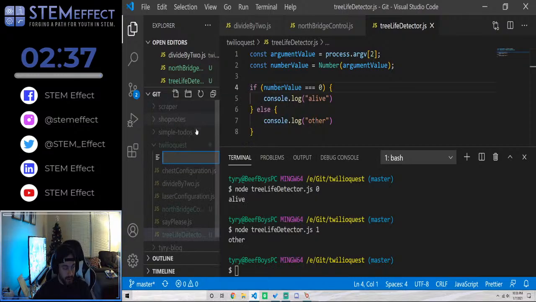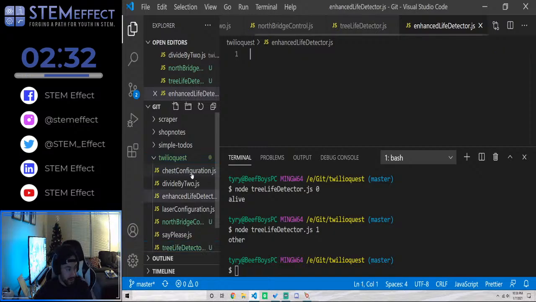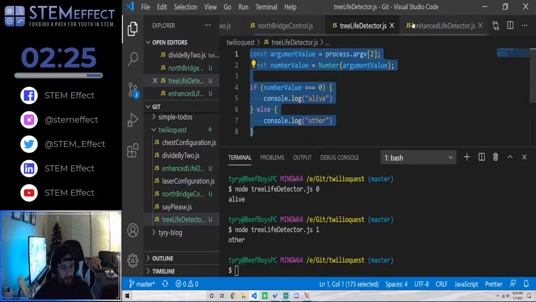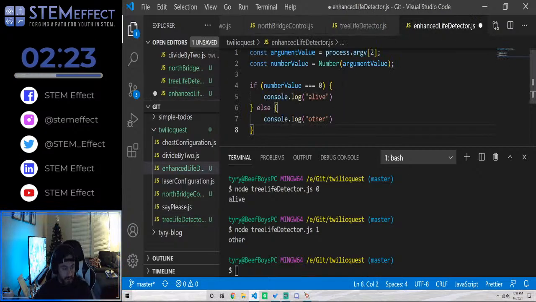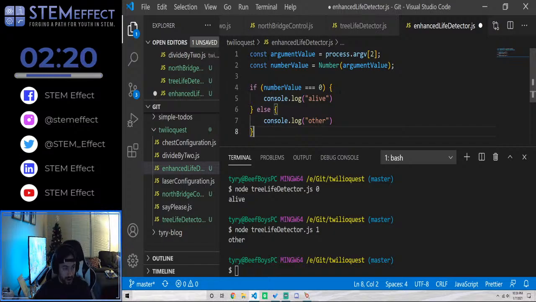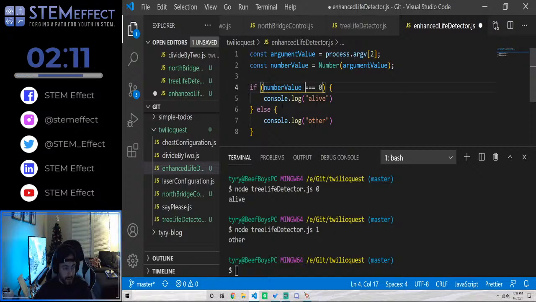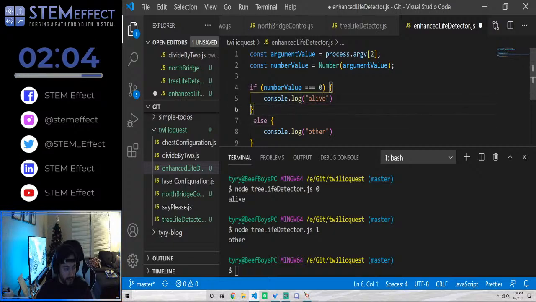A new file. Calling it enhanced life detector. And we're basically doing the same thing here, only different. So we're gonna leave these the same. Argument value, number value. We're gonna leave this one the same. If it's 0, it's alive. But instead of adding just else,